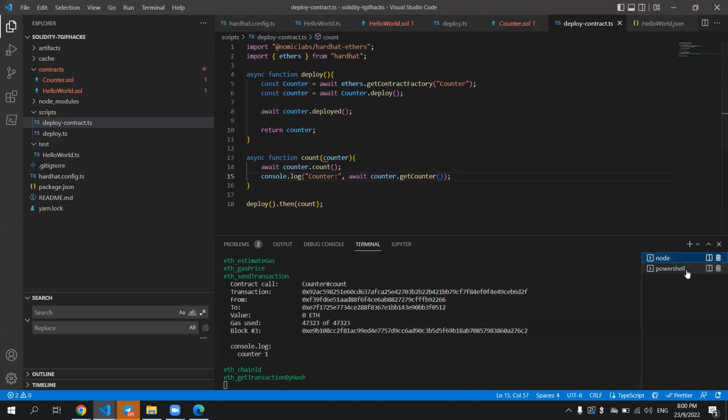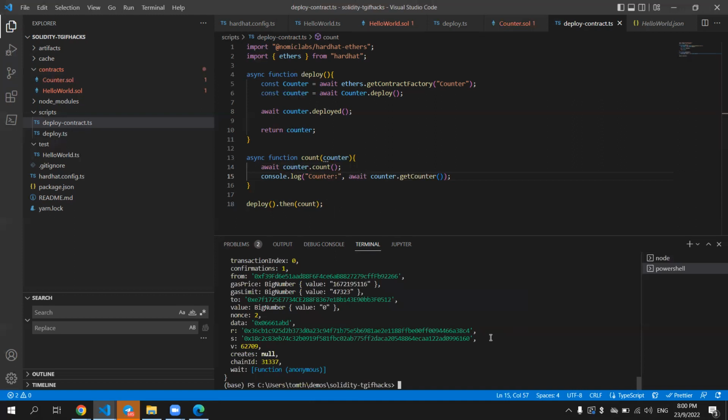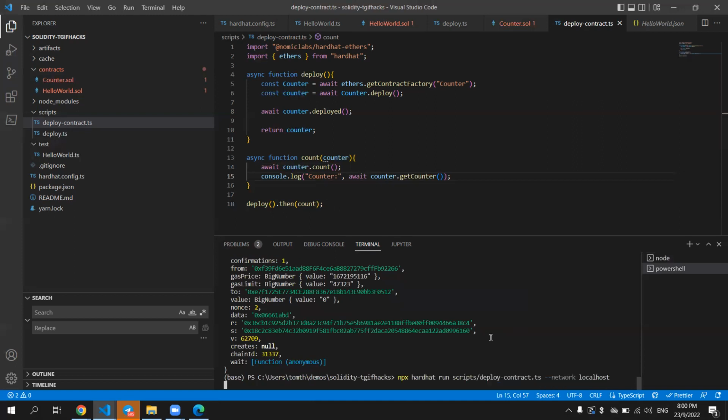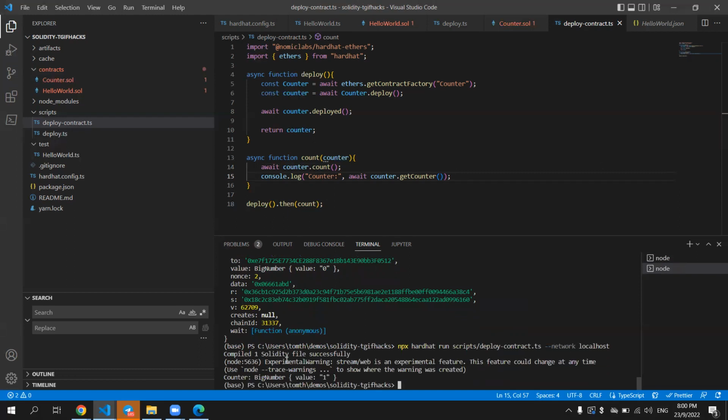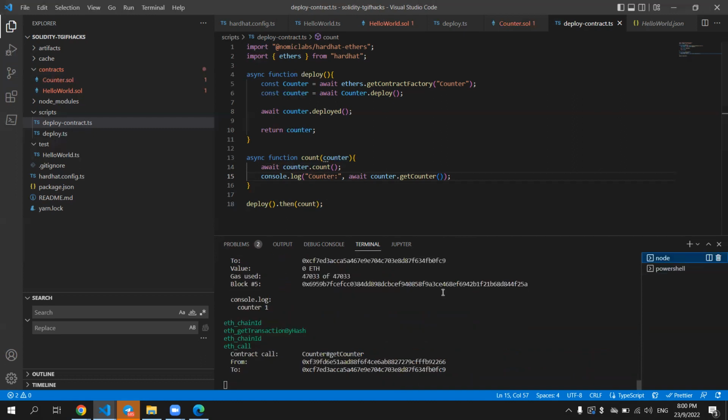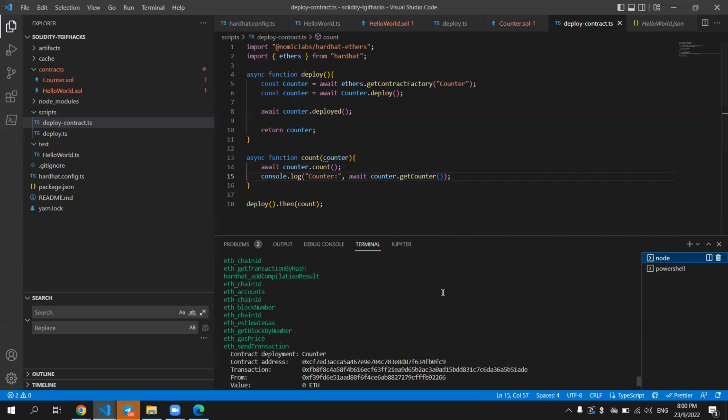So we can save it, and then we can go ahead and deploy it again. So it's going to compile again, and then you see here, it's just counter, and then the actual value that we've increased. So then if you go back to the node itself,